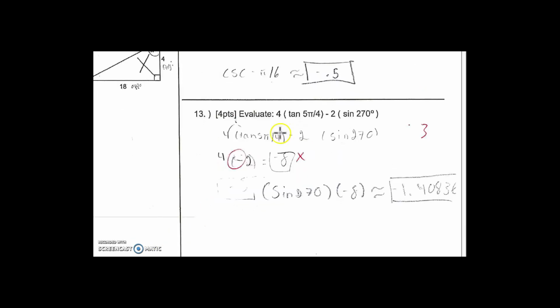Here's a problem. This one's kind of all over the place. This was a common mistake. Students thought that 4 times this was 1, so they multiplied and got negative 8. Incorrect. So these two numbers were correct, but looking at it again, I'm kind of skeptical because I see this student work down here. Tangent. They didn't know what to do. They brought back from the dead sine of 270. So remember, students, this is not multiple choice. Do not make me pick